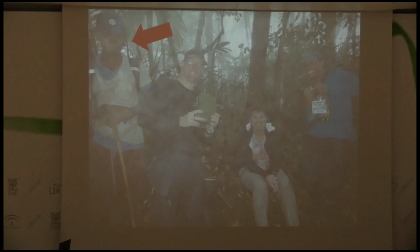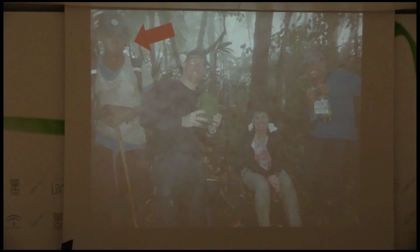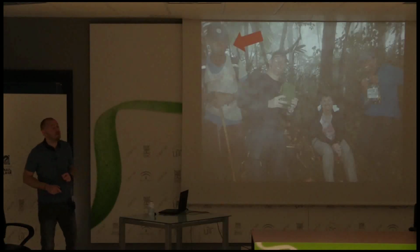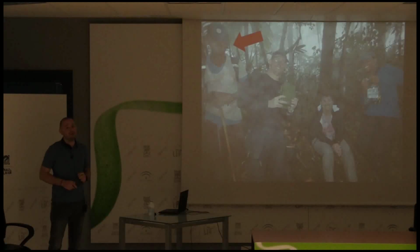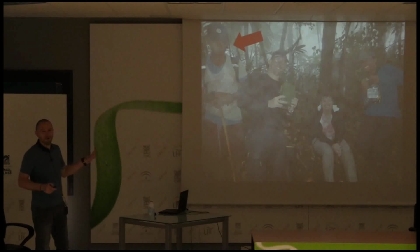So I always like to point out Saeed, because that was after we climbed up the mountain. You can see how happy he is about having to climb in sort of pouring rain for 4.5 hours so we can put up these SM4 units. Francois and Tisha are happy, and some of you might recognise her. That's Karen Lips. We're very fortunate to have Karen involved in the project, giving us some advice on policy matters and also helping us with global knowledge of amphibian disease and disease ecology. So yeah, very grateful to have Karen on board. So all of us are happy, apart from Saeed, but he's generally all right. Don't be put off. He's a nice